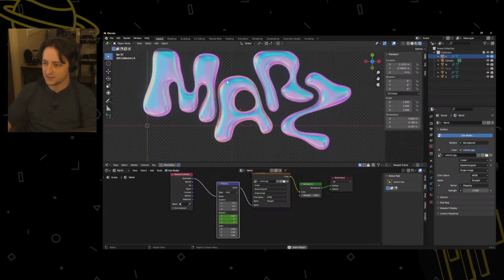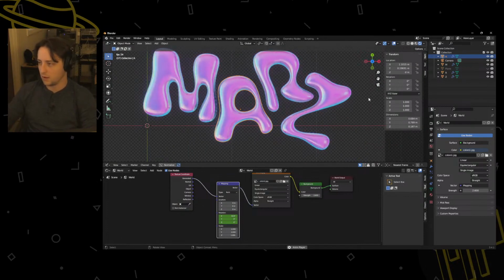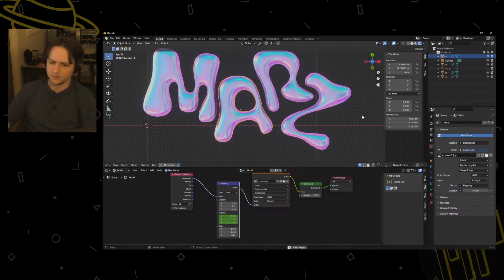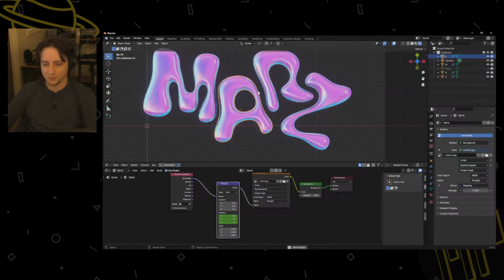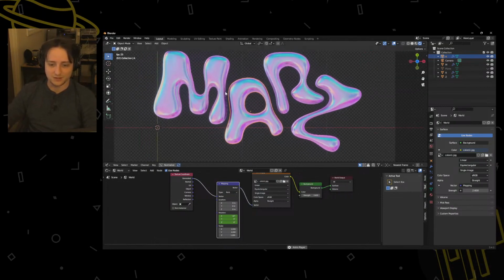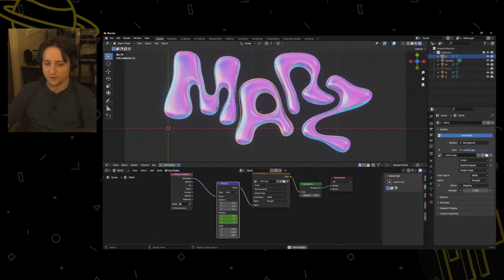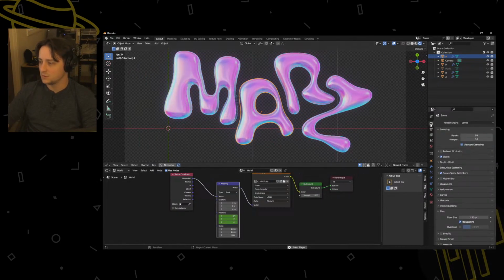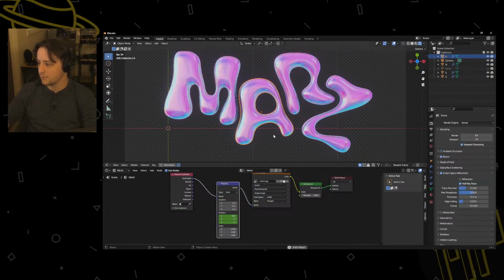So of course in Cycles, this would look a lot better. I'm kind of afraid to switch it to Cycles because we might drop some more frames on OBS. So there are a few ways we could probably improve this. Let's see if we can affect our